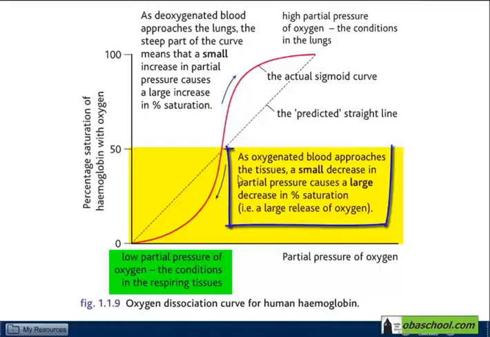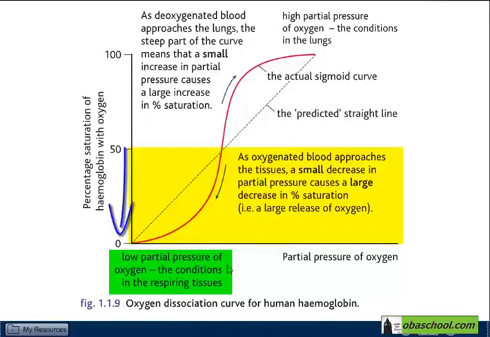So when we start with a low oxygen pressure, this is conditions in respiring tissues. As oxygenated blood comes closer to these tissues, we will have a small decrease in partial pressure of oxygen due to the diffusion of oxygen to the outside of the blood into these tissues. This will cause a large decrease in the percentage of saturation, simply because the hemoglobin is no longer bound to oxygen. Oxygen will dissociate from hemoglobin, leave the blood, and go into the tissues. So we have a decrease in the saturation of hemoglobin with oxygen, linked to the release of oxygen from the